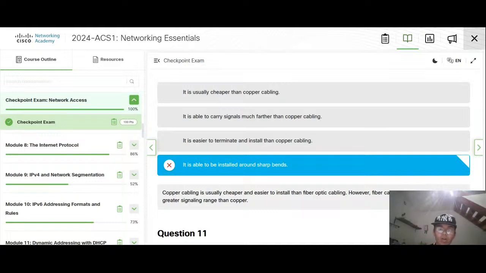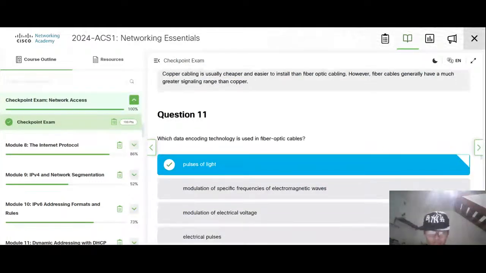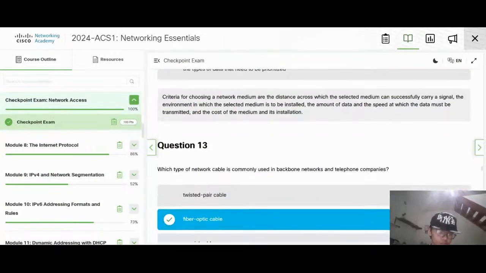Okay, carry much signal farther. Oh, the distance. Right. It is about the distance, I think.